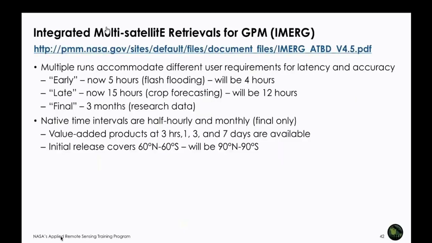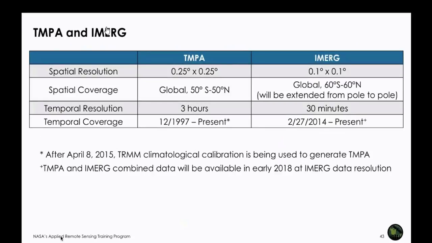So this is iMerge that we will be looking at later, how to access that. Just to give a comparison between TMPA and iMerge. So TRMM, which is no longer available, but it's very important for climatological perspective. And so TRMM calibration is right now used with other constellation satellites, and TMPA continues to be available, although TRMM is not there. TRMM instrument calibration is used to calibrate other constellation satellites, and you can get TMPA